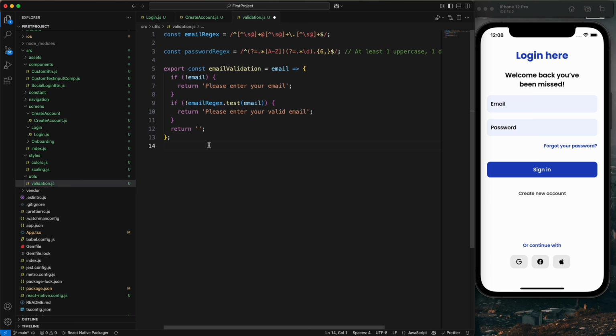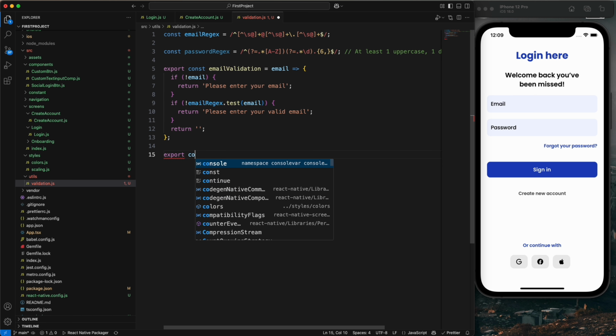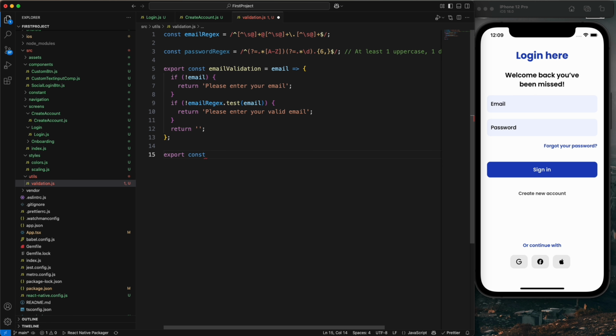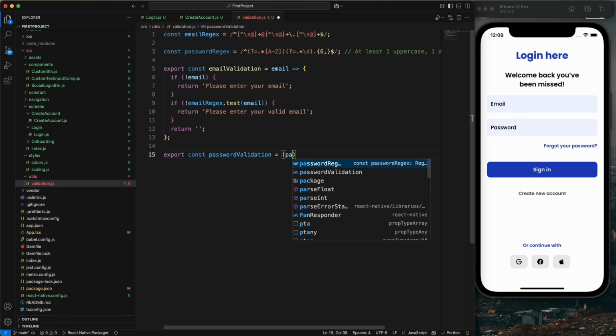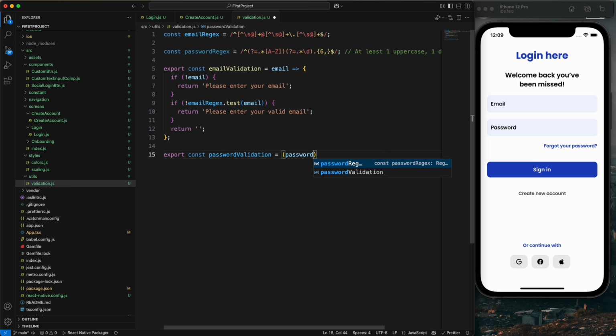So now I'm going to create the password validation. First we are going to export the function, export const, and just type the password, check password validation, and define the password, passing it in the function. Now we are going to take an if on password, to check whether there is any value in the password or not, and then we are going to return